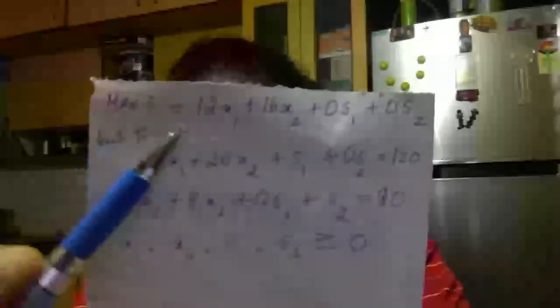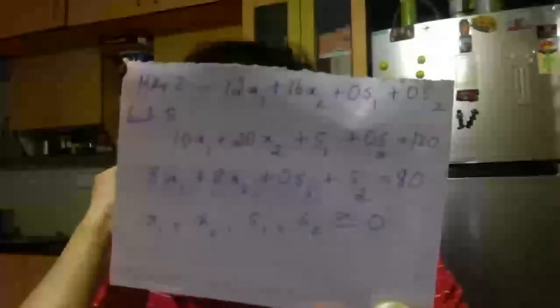Alright. Now class, C means coefficient. For us, you just take it as coefficient. Now here I have to write the coefficients of the objective function. Look at this standardized form. Coefficient of the first one, x1, is 12, next one is 16, next one is 0, and the last one is 0.